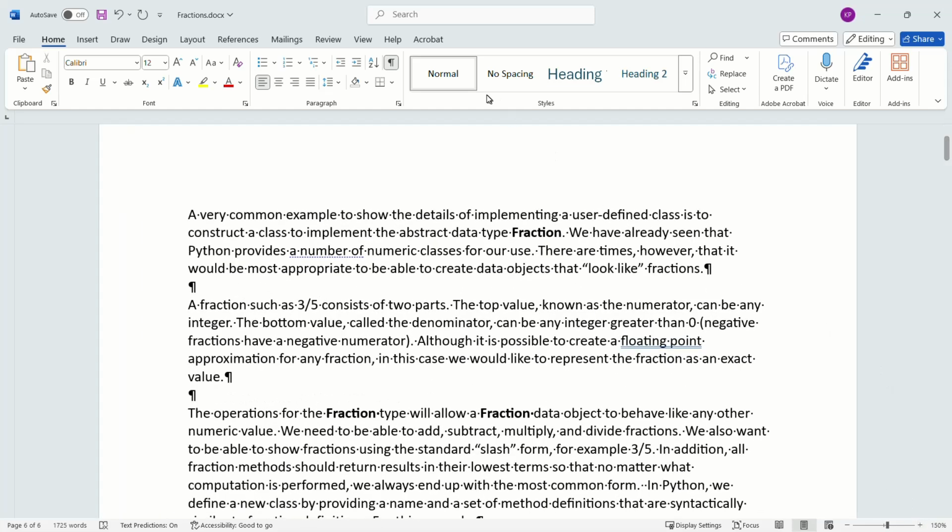So a very common example to show the details of implementing a user-defined class is to construct a class to implement the abstract data type fraction. We've already seen that Python provides a number of numeric classes for our use. There are times, however, that it would be most appropriate to be able to create data objects that look like